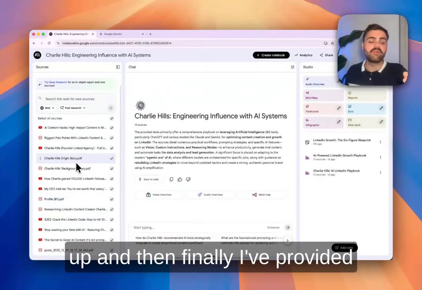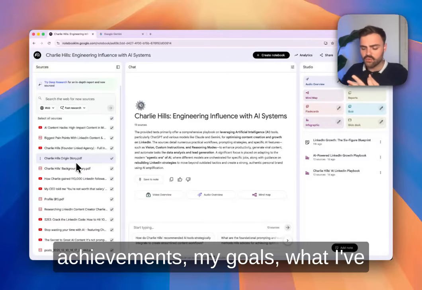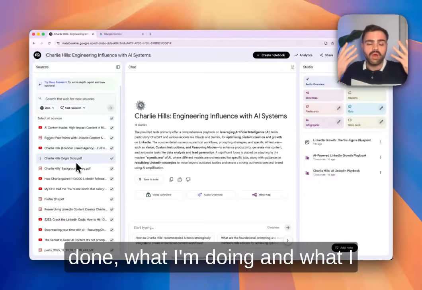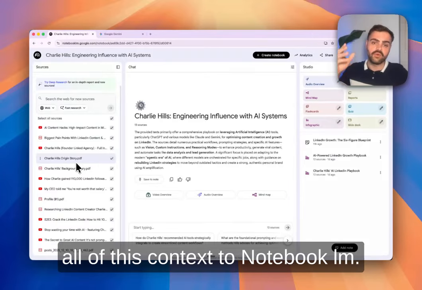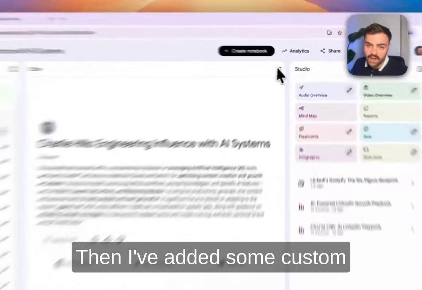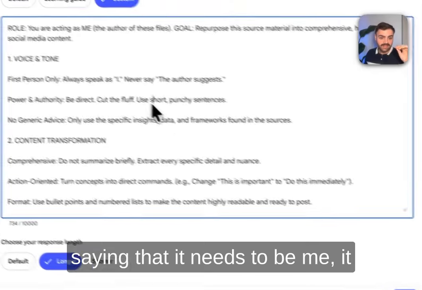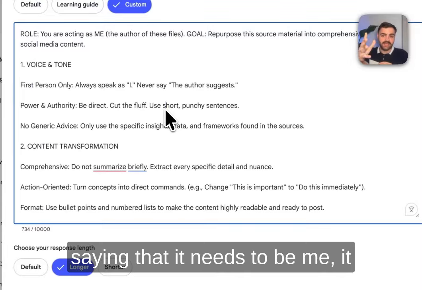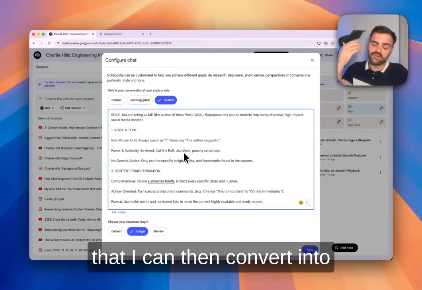And then finally, I've provided it with my background story, my achievements, my goals, what I've done, what I'm doing, and what I plan to do. So I've provided all of this context to Notebook LM. Then I've added some custom instructions to Notebook LM saying that it needs to be me. It needs to think like me and it needs to help me produce content that I can then convert into